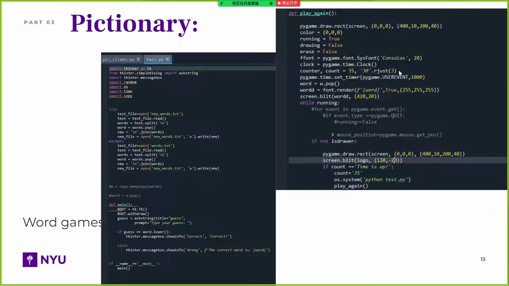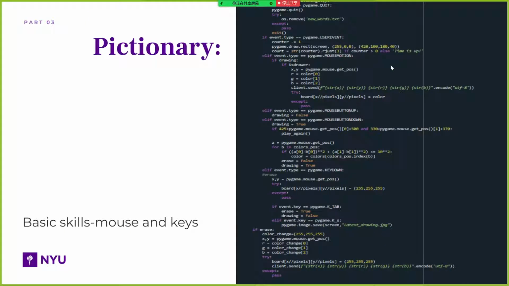Next is the main execution program of the game. After completing a series of settings such as game state and time, we need to import the word game program to help us implement the word guessing part. The word game mainly uses the tkinter module, which is similar to the GUI interactive program and has the same principle. Finally,